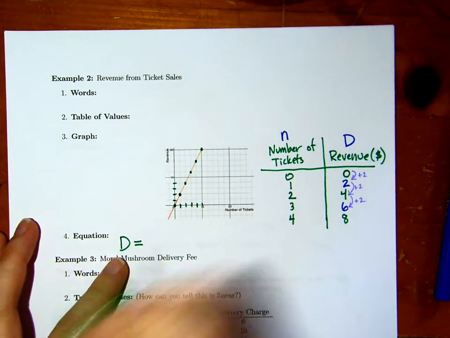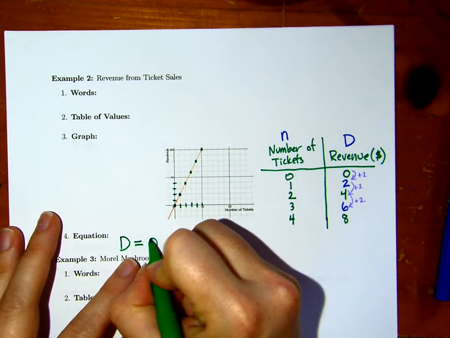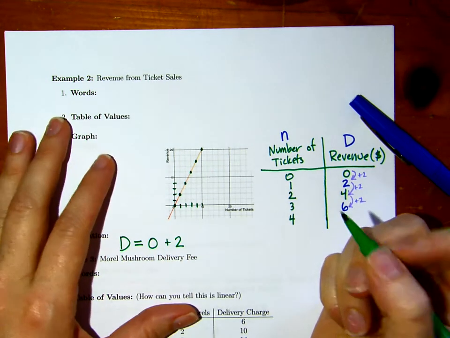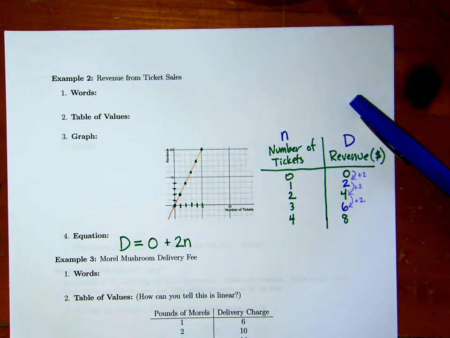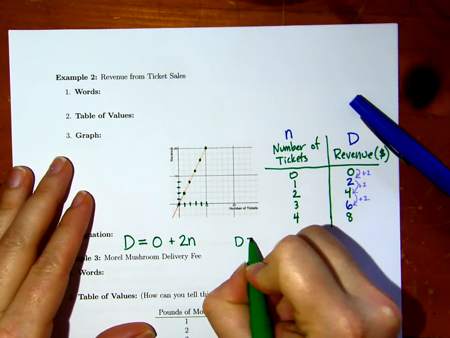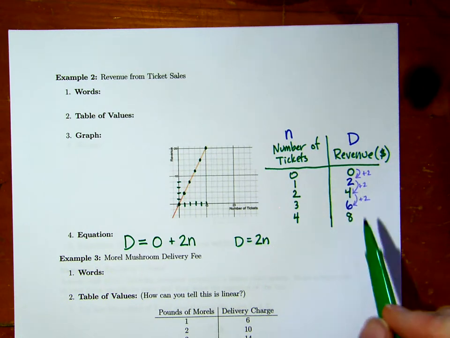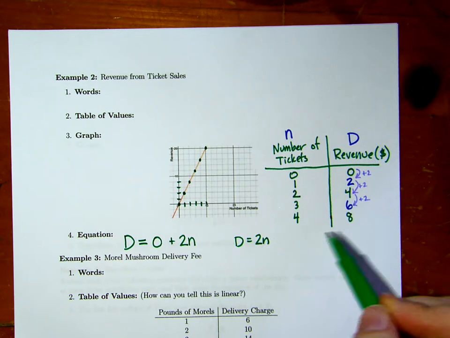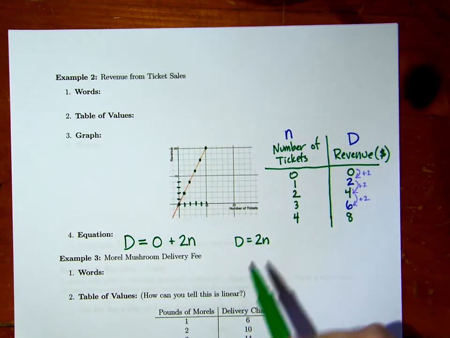So the response, the revenue, the dollars coming in, is equal to the initial amount, 0, plus $2 for every N number of tickets. Or if you prefer, yeah? So I'm thinking about this and I'm thinking, okay, well, every ticket is $2. And if you buy 4 tickets, well, then you spent $8. I wonder what this is a ticket for. Anyway, so